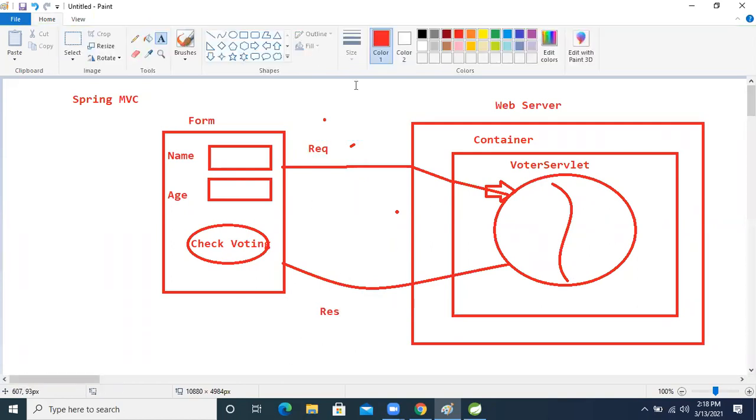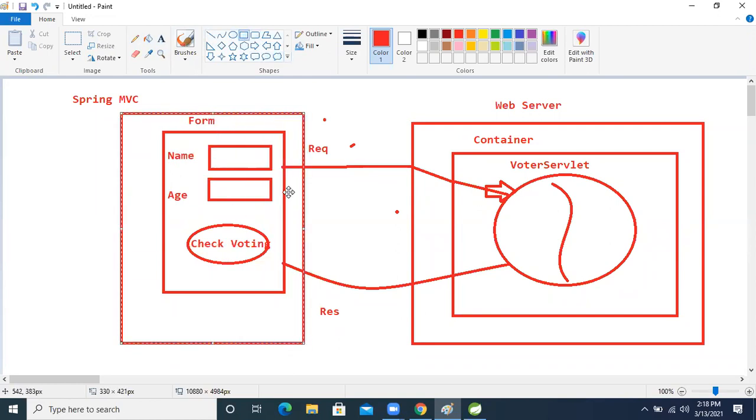So here, which interaction is happening now, client to server? This page is running inside the client, means the browser, right?